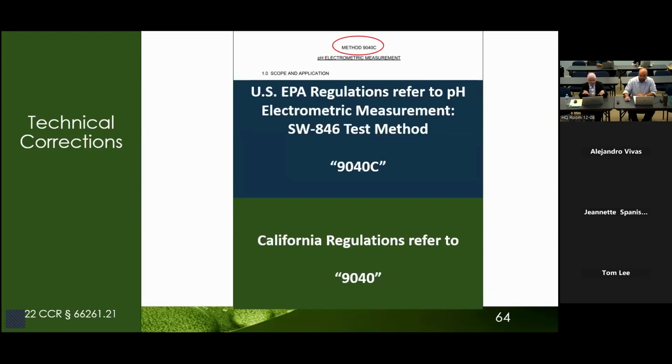In summary, this update addresses a technical correction, which is a simple typo in the standard method number, but is an important one. Correcting 9040 to 9040C is essential to ensure California's regulations align with current federal standards, supporting consistency and accuracy in hazardous waste classification. Therefore, like the US EPA, DTSC also recommends making this correction to ensure alignment with current federal standards and to enhance accuracy in identifying hazardous waste.